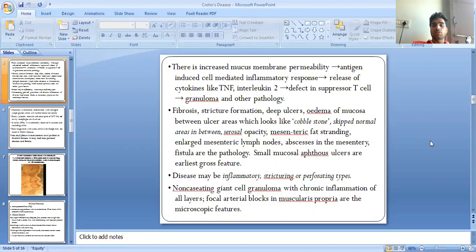in between, serosal opacity, mesenteric fat creeping. All these small mucosal aphthous ulcers are early features. Disease may be inflammatory, stricturing, or perforating types. Non-caseating giant cell